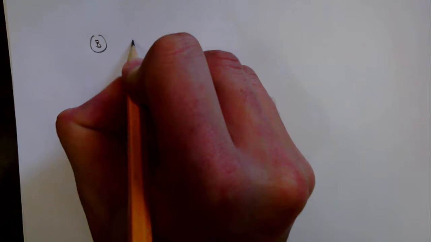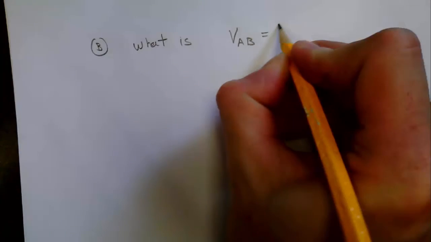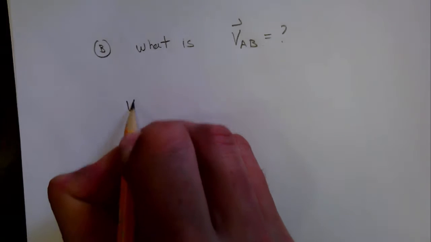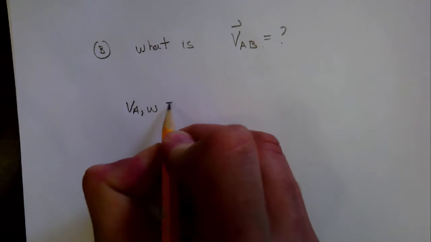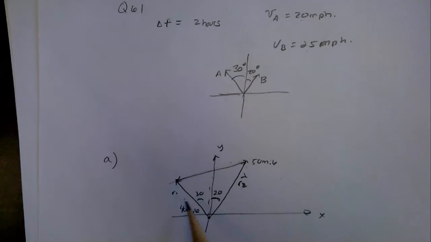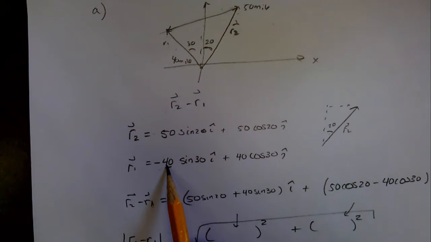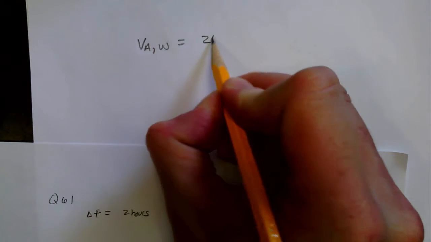So I have two ships traveling. What is the velocity of A with respect to B? Well, I know that the velocity of A with respect to the water is, so again, I can go back here. It's essentially the same vector, so it has exactly the same components. But now instead of distance, I'm going to use velocity, so it's not 40 miles, but 20 miles per hour. So the velocity of A with respect to water is 20 miles per hour